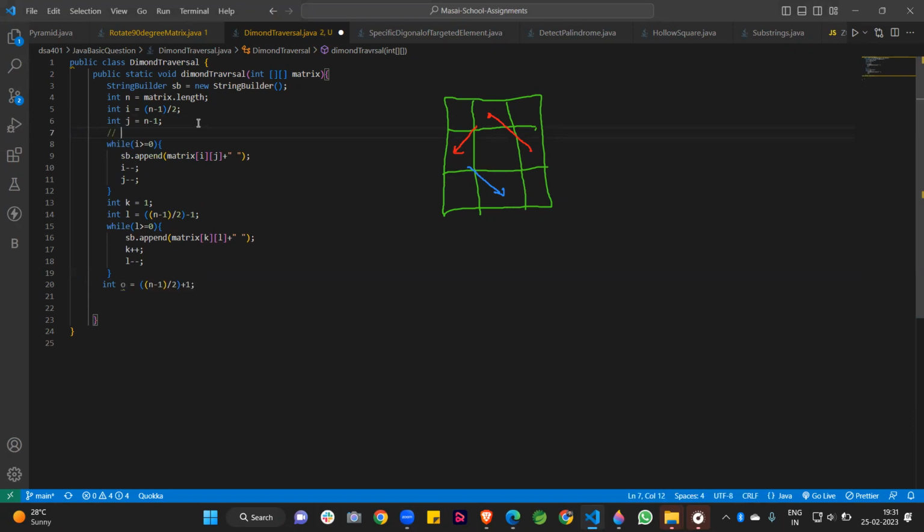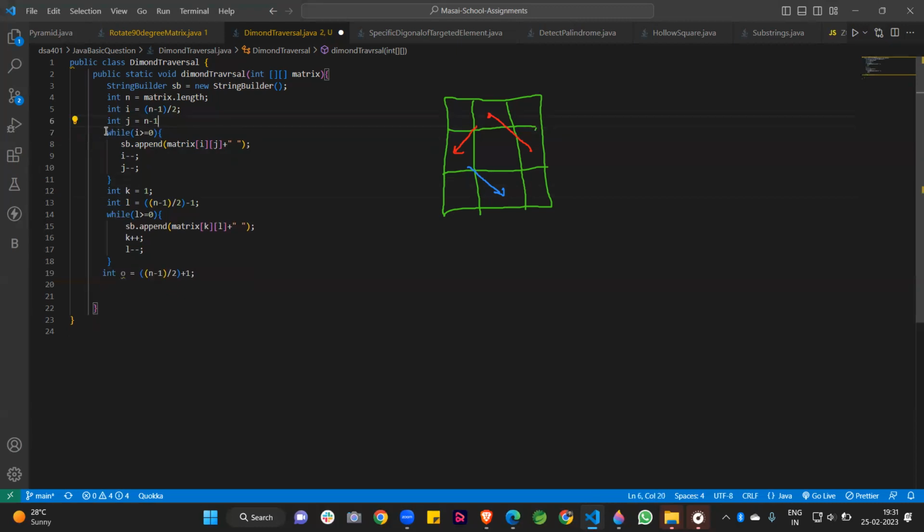So this is for the right mid to top. Okay, and this value for this line must be here.